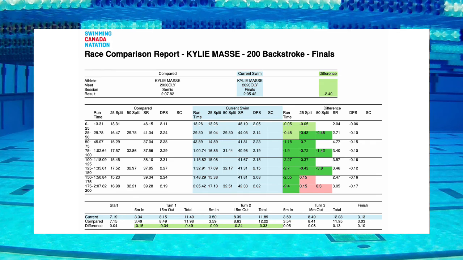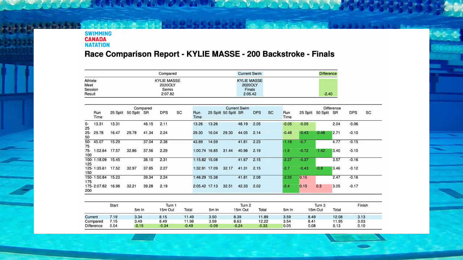This has stroke rates throughout the entire race, distance per stroke, and looking at the data, you will see that the distance per stroke for Kylie dropped a little bit as she went through the race. Her stroke rate, how fast her cadence, how fast she's moving her arms, also dropped as she went through the race. She went out fast. Her race strategy was to go out fast, control the race, and to hang on, and she did a great job. She just was out touched at the end.